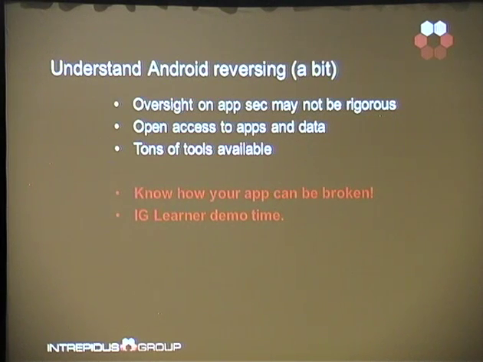All right, and finally, it's important to understand how Android reversing works. There is a lot of conversation about how secure or insecure the Android platform is. The truth is that the oversight on what apps get pushed into the market may not be as rigorous as with some other platforms, and I'm going to let you guess which platforms I'm talking about.